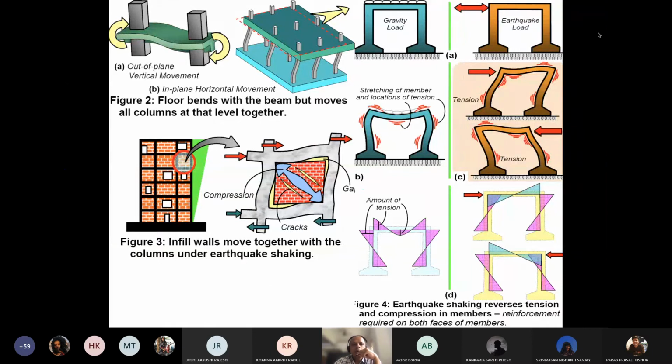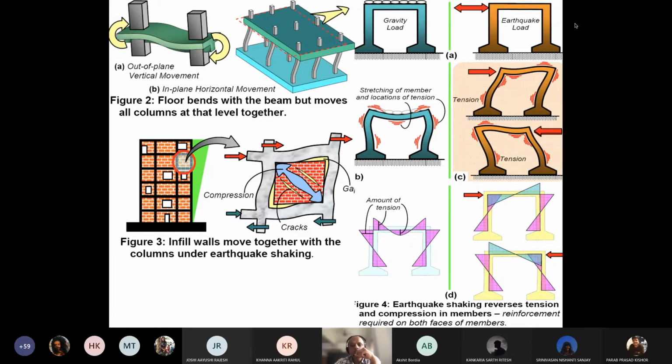So now, when it is regular gravity load, look at the amount of stress which is happening at the corners and at the mid span. So where are the stresses maximum and where should the joints or the reinforcement be? This is under normal gravity, but under an earthquake, you are reversing the tension and compression